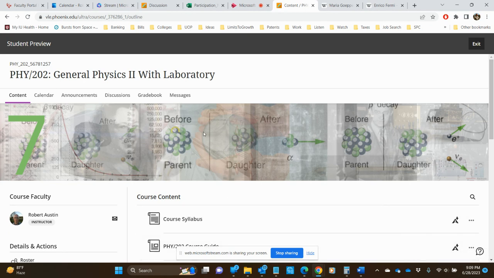And as you can see from the banner, we're studying physics of the nucleus. And I have some examples of important nuclear reactions that convert one element to another element. For example, this is beta decay on the far left. It's faint, so you can look it up in your book. But that's where an electron is emitted, and a neutrino, and that's from the disintegration of a neutron. So the neutron becomes a proton. So that increases the charge of the nucleus by 1, moving it up the periodic table to the next family